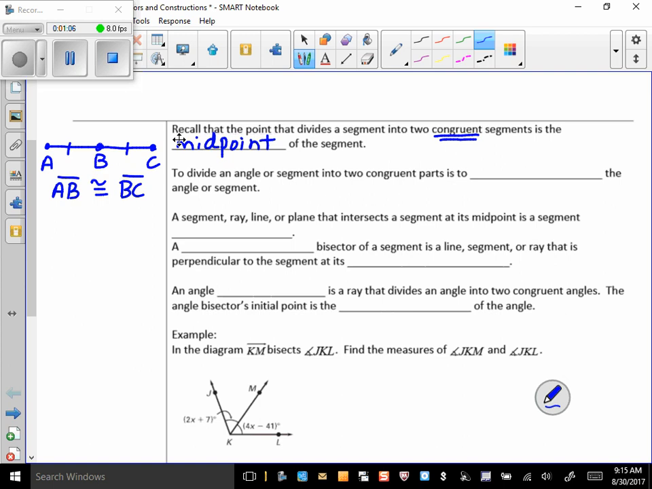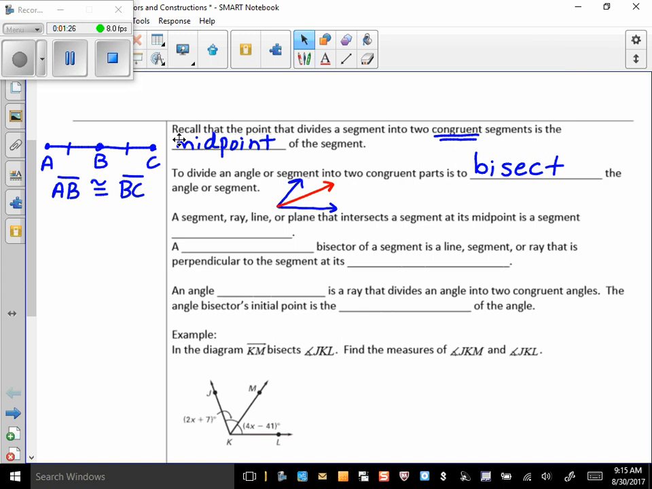To divide an angle or segment into two congruent parts is to bisect that angle or segment. So let me just show you something here. If I've got an angle here and I divide that into two congruent parts with that ray right there, this is congruent to this, then let's see, if I were to call that A, that B, and that C,